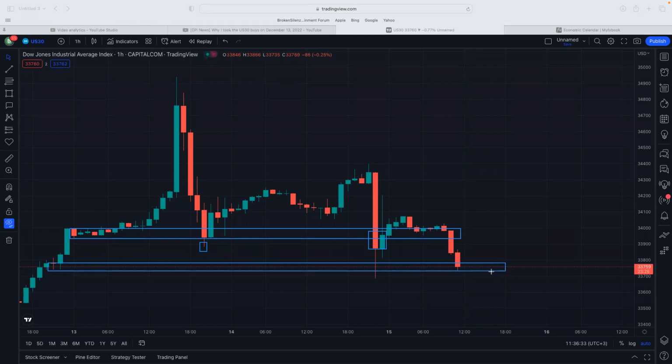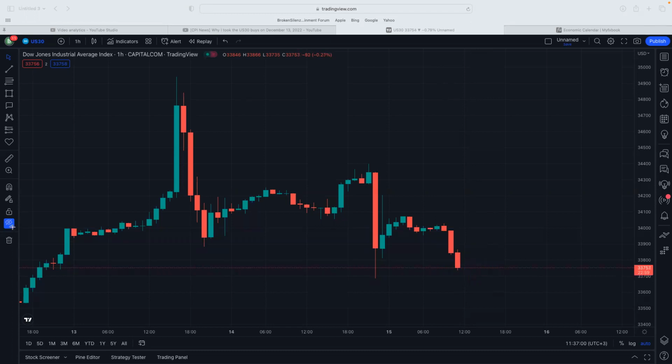And while we broke it, again, with this push, you will notice that we did not close below it. That's why we had to go up to look for more orders so that we can try and break it once again. So expectation from this shorts is going to be that we'll not only break below, but we will close below this area. Currently, we are sitting at a very interesting point. So I have chosen to take partials on this position and shift my stop loss just around this area. And the reason now why I took the trade is that has given me an idea of why I'm taking shorts, right?